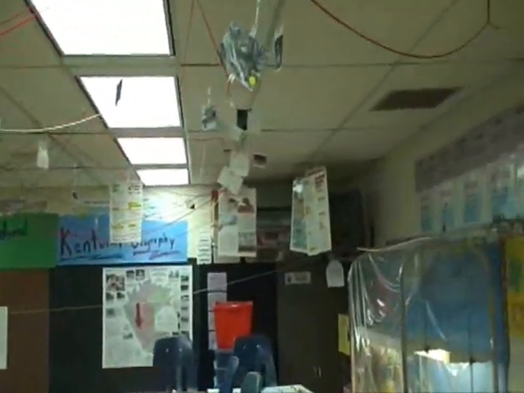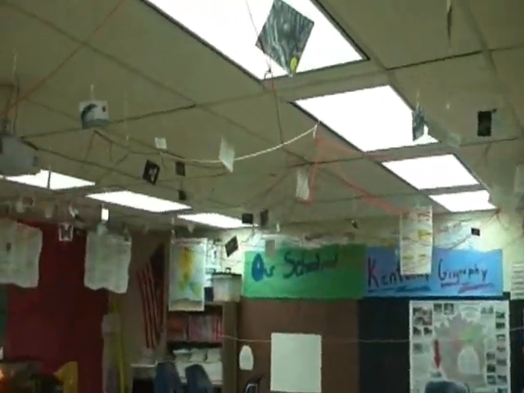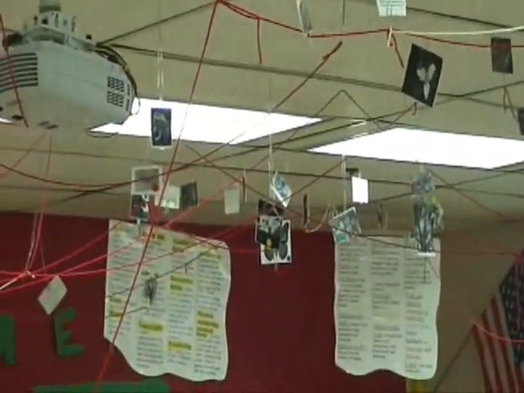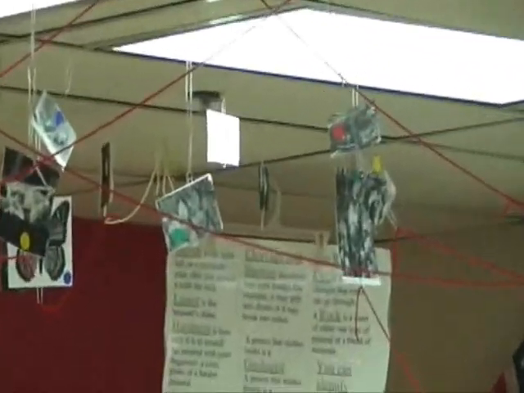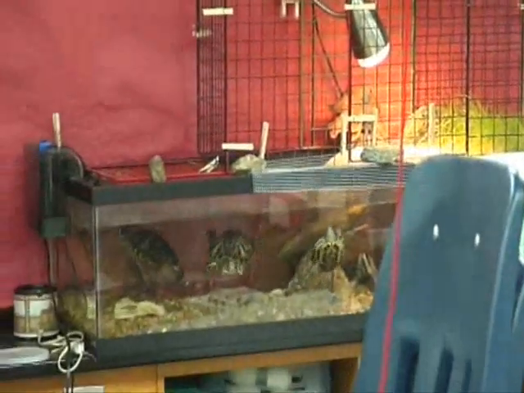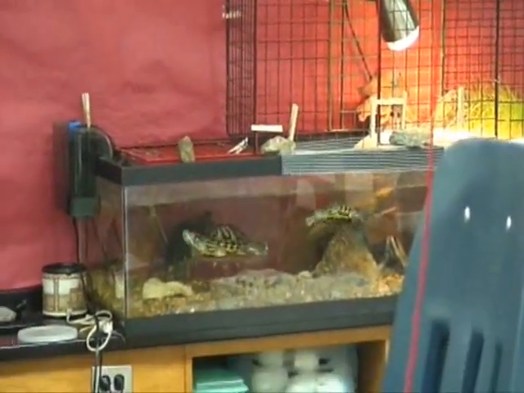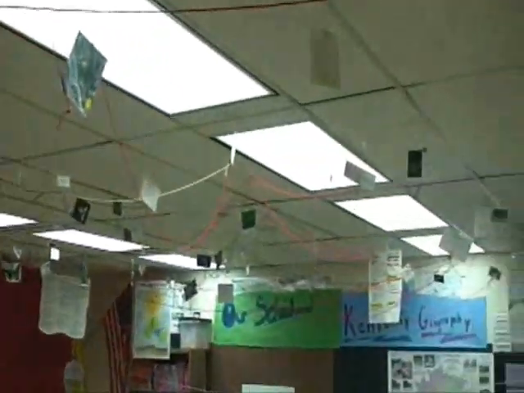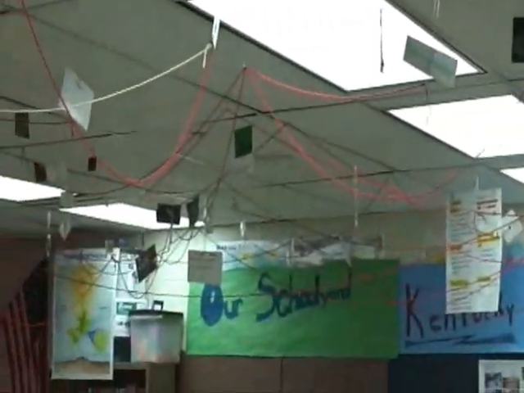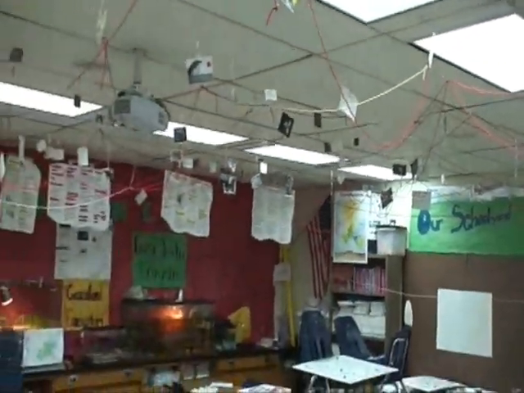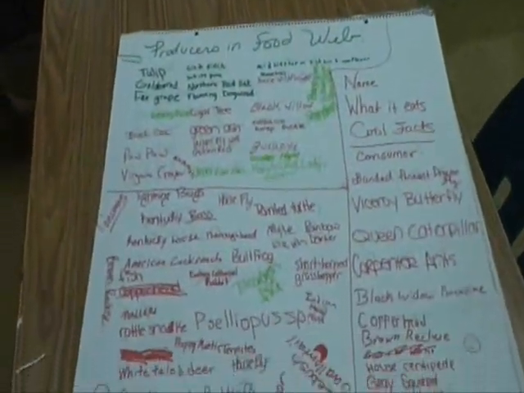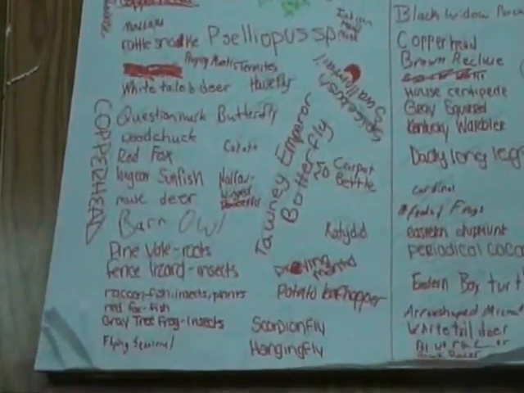But they used the internet, they used books, they used their memories of the things that we actually saw in the field and the things that we just knew were there from our other discussions. For instance, we didn't see a red-eared slider in the wild, but we knew that they were in native Kentucky freshwater ecosystems, so they're up here somewhere. And as they did their research, they recorded their organisms